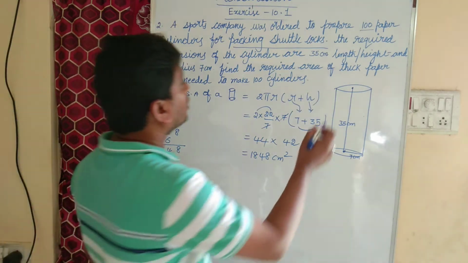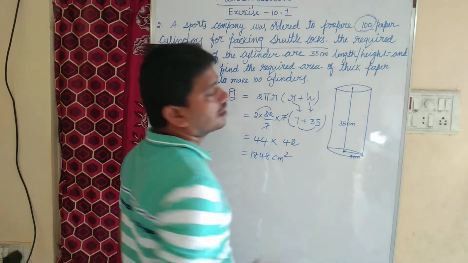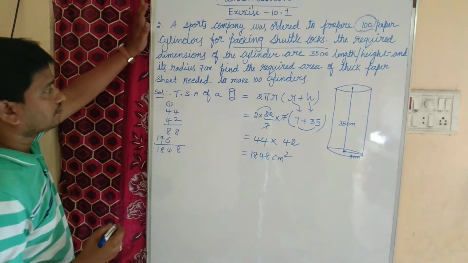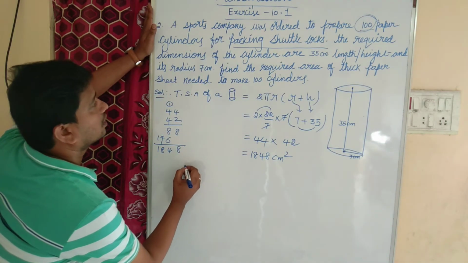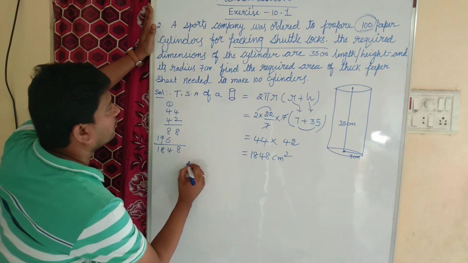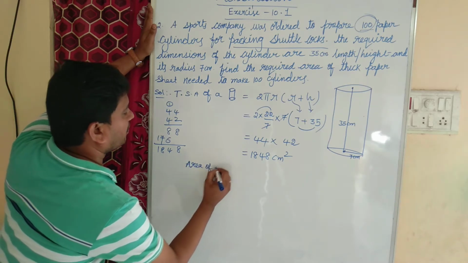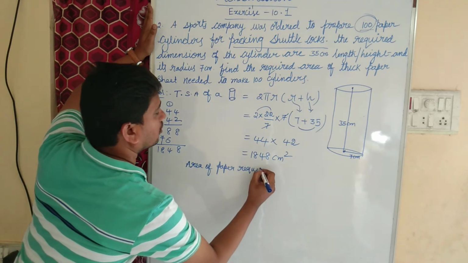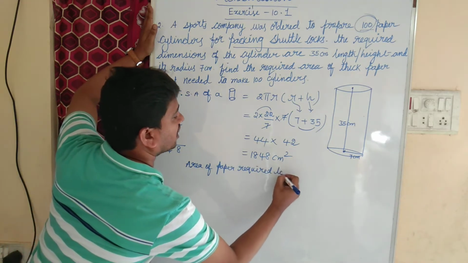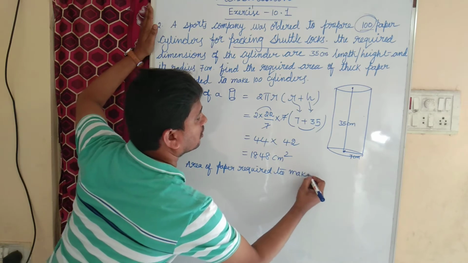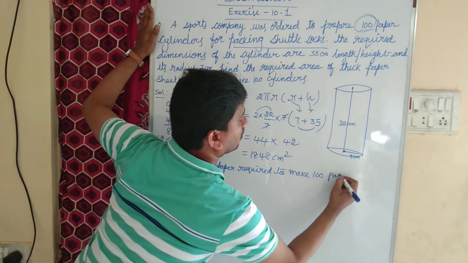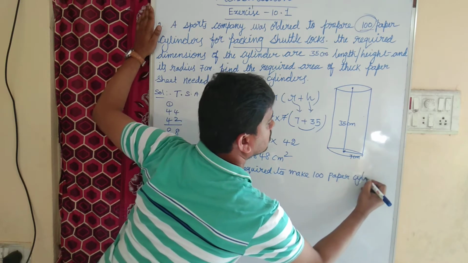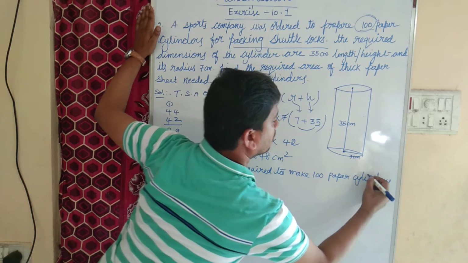But they have ordered how many paper cylinders? 100, right? Therefore, the area of paper required to make 100 paper cylinders is equal to